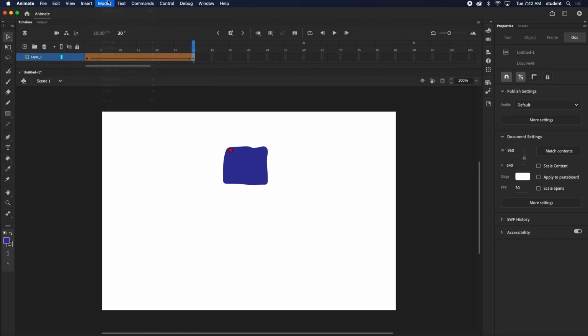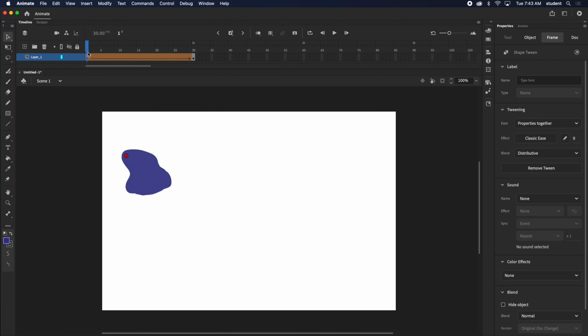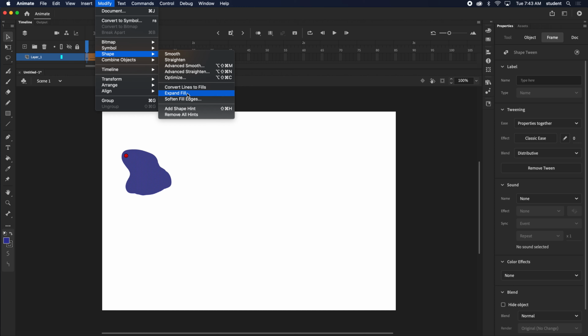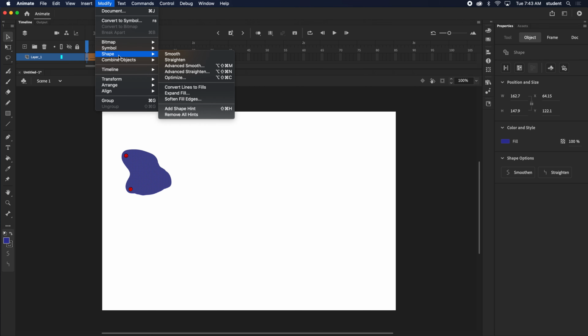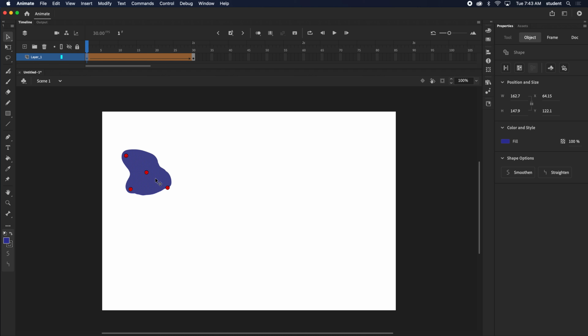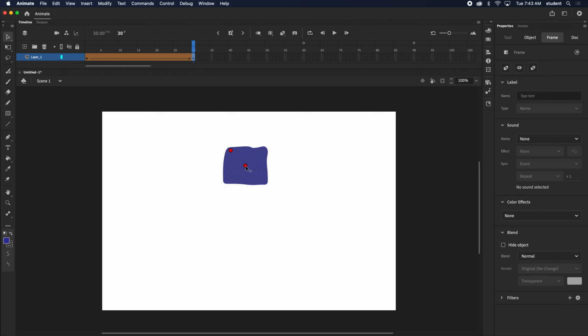So you can add as many hints as you want. I can insert, or sorry, it's modify. No, modify shape. I've got to be on the keyframe, the first one here. Modify shape, add shape hint. I'll go with the B. I'll add another hint. And I'll make 4 hints. So I got D, C, A, B, D, A, B, C, D, and then change these to A,